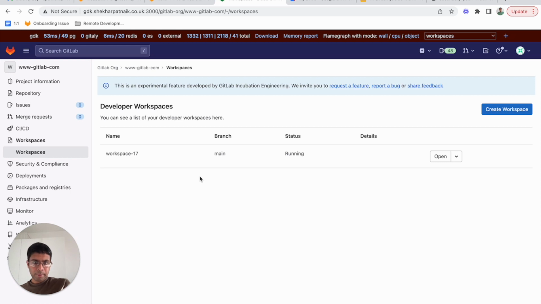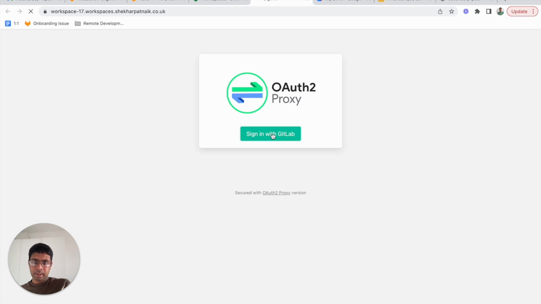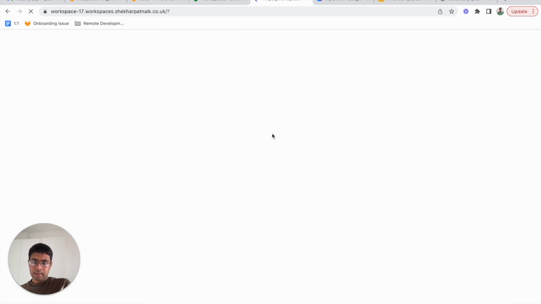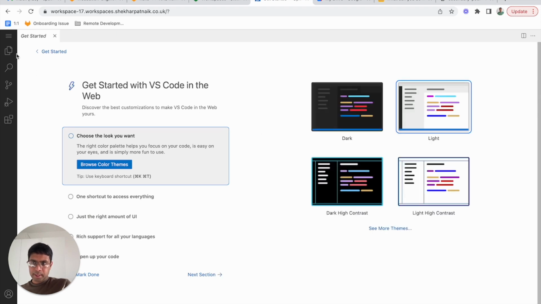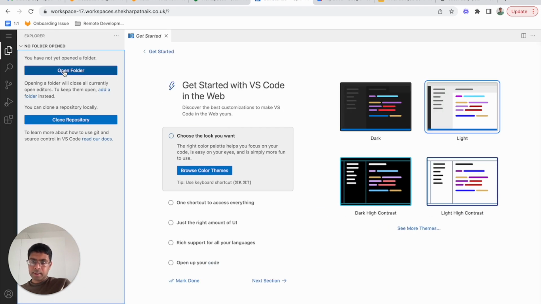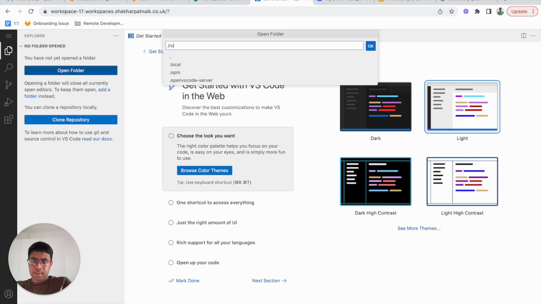Okay, so the workspace is now running. I can go ahead and open the workspace and I'll be asked to authenticate. I'm taken straight away to the IDE, which has been injected into the workspace. So now I can go ahead and try to open the workspace folder. So I can go to Home Workspaces